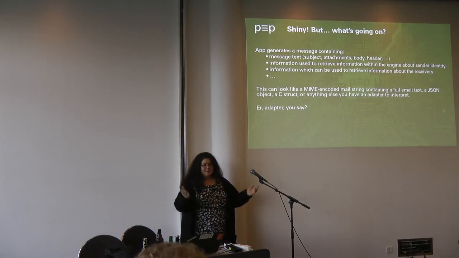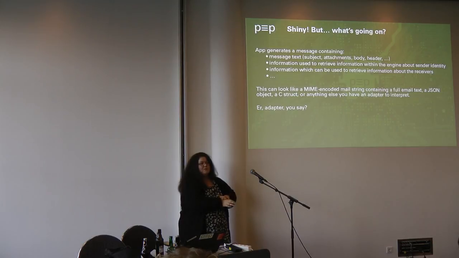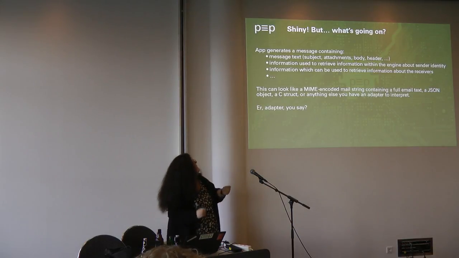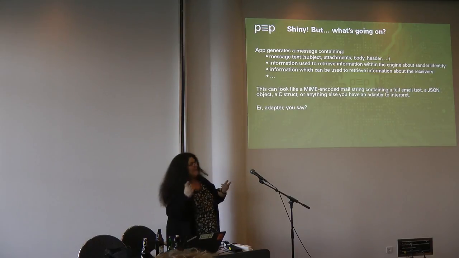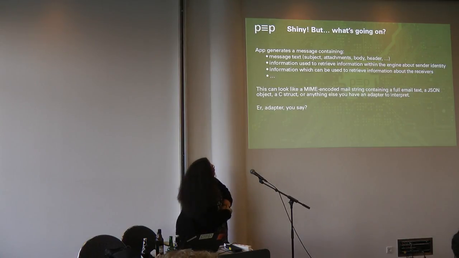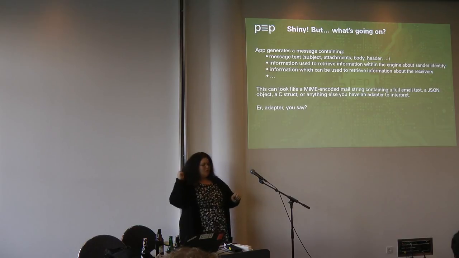Well, the application, in this case, right now, we only are doing email, but we are moving into other protocols. Email is the easiest and first thing to set up. So I want to send an email to somebody. And my app, so let's say Thunderbird and Enigmail, because Enigmail is actually now integrating with PEP, or PEP is being integrated into Enigmail, one way or the other, I don't know. It generates a message text, which has some of the aspects of a message. We have a generic representation of a message that we use for everything, because we want to be able to, at some point, work between protocols.